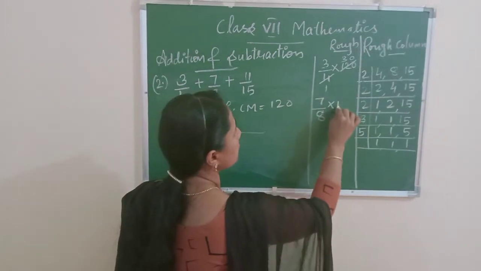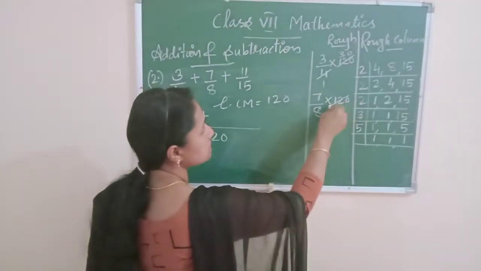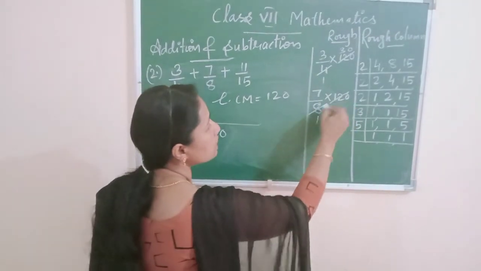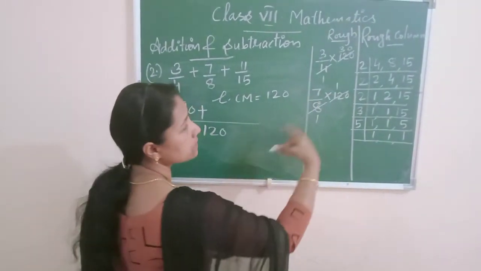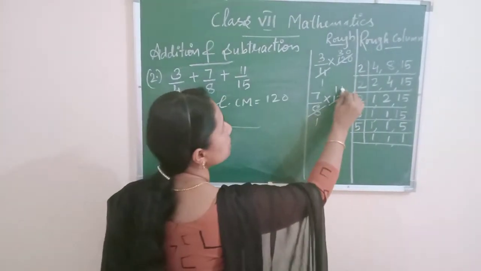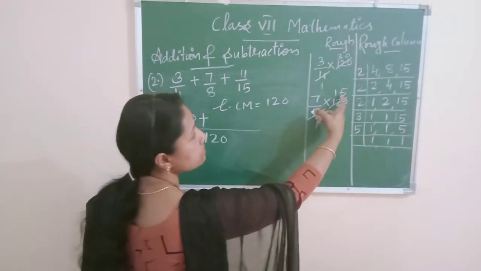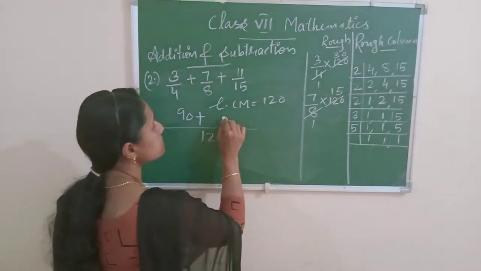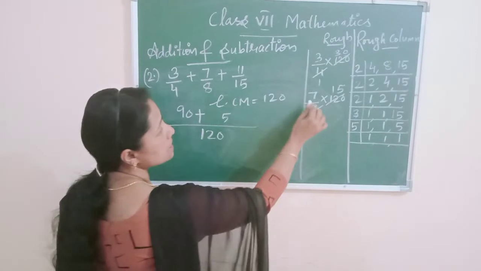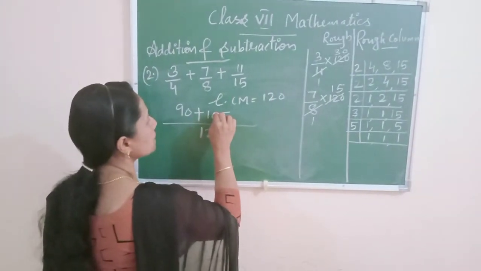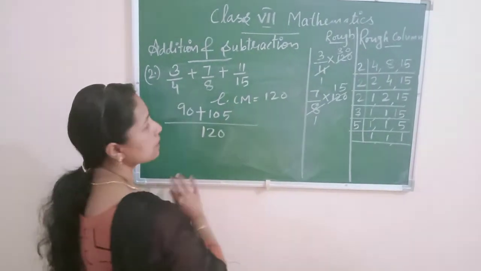This also multiplied by 120. See the division, 8 divided by 8, 1 will come here, and 12 divided by 8, 8 ones are 8, then 4 is remainder, so this will become 40. 40 divided by 8, 5. 15 you got, 15 multiplied by 7. 7 5s are 35, 3 remainder, 7 ones are 7 plus 3, 10. 105 you got, the second numerator.